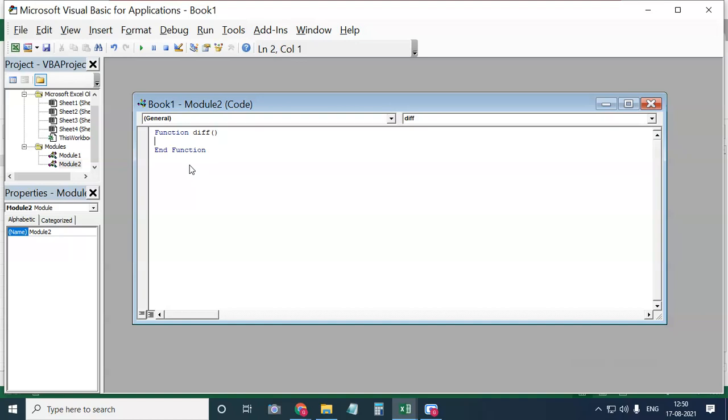It means whatever you are going to perform, you have to write in the body section. As I told you, I want to find the difference between two numbers, 50 and 40, so I am going to write that in my body part. How to write that now? You have to start, as you can see in the third line of the syntax, with function name equal to result. So what is my function name here? What is the function name which I took here?